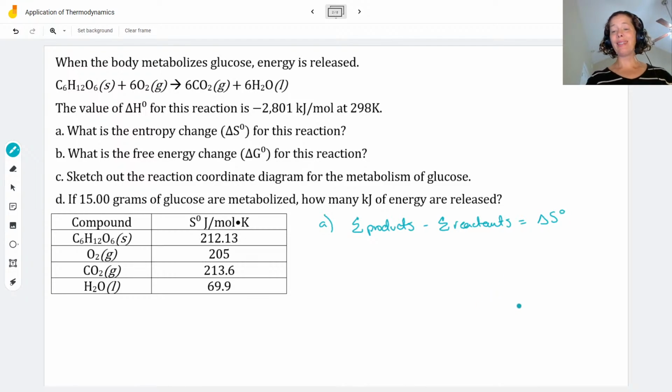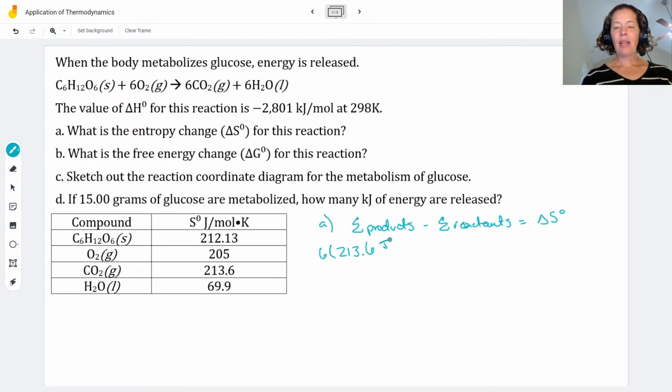All right, so this is actually pretty easy because we've already got our balanced chemical equation. Obviously, if you have a chemical equation that's not balanced, balance it first because we're going to need those stoichiometric coefficients. So let's take a look here. Our products, we have 6 carbon dioxide. So I do need that stoichiometric coefficient in front. Now I'm just finding my carbon dioxide. Here it is,